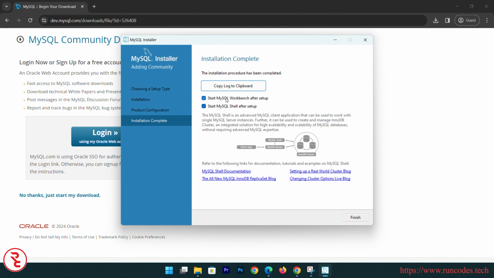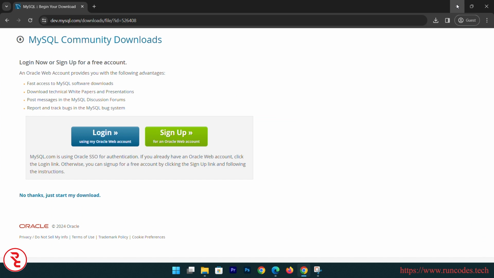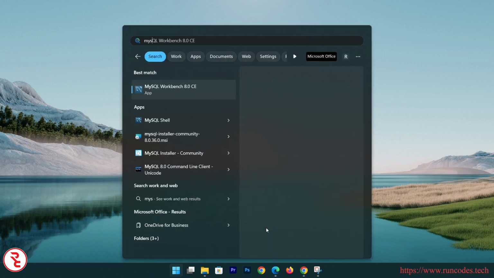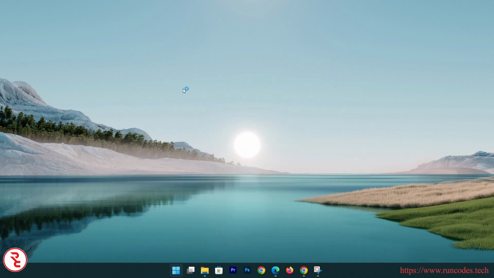and start MySQL Workbench after setup. Start MySQL Shell after setup. We don't need Shell. Finish. Now we successfully installed MySQL Server and Workbench. So go to Start menu, and then search MySQL Workbench. Open that,